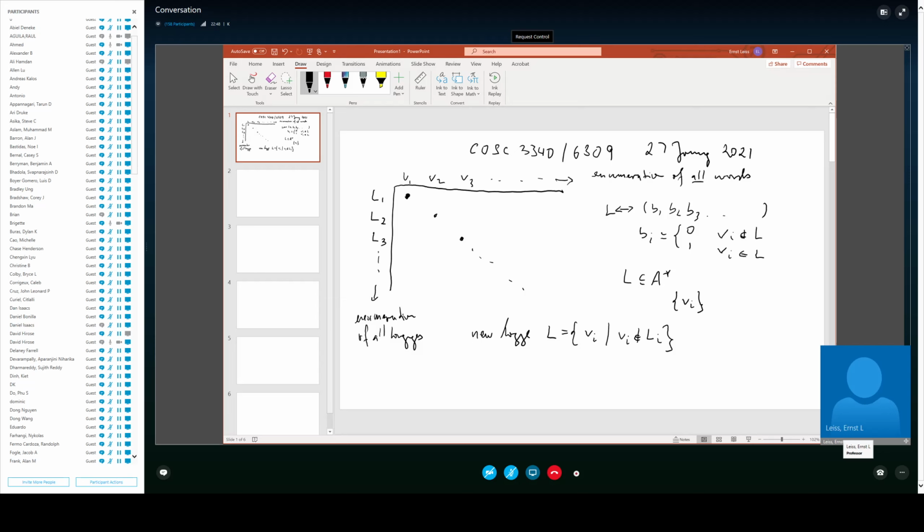because essentially I'm saying that the new language that I'm creating consists of all those Vi that are not in Li. So I'm saying if there is a 0 here, then I am putting a 1. If there's a 1, then obviously I'm putting a 0. So I'm flipping every single one of these bits in the diagonal that basically says V1